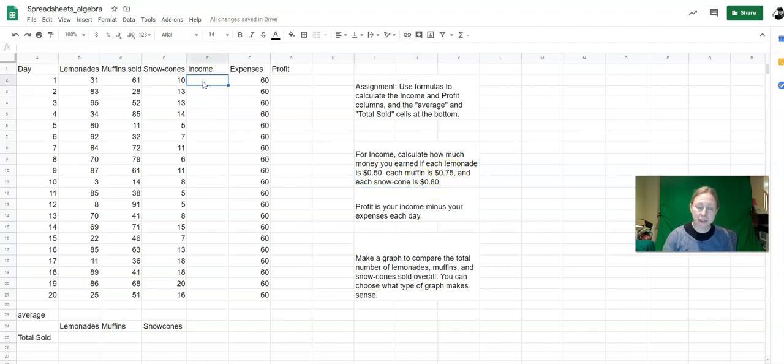So to figure out your income, you would do 50 cents times the number of lemonades, 75 cents times the number of muffins, and 80 cents times the number of snow cones, and you'd add all those up. Now we can put that into one algebraic expression here. We just use a formula. Equals 50 cents for each lemonade, 0.50 times, and remember, don't type that number, click on the cell, and it'll populate that with the cell code, B2,